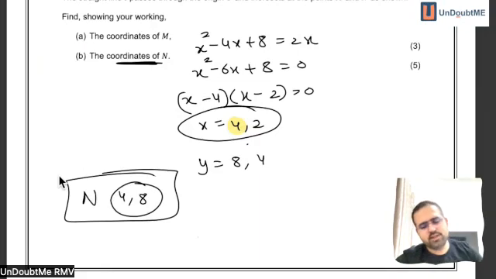So Akbar, this question was actually very easy. It looks scary, but it was not. Wait, how did we get 4 by 8? Did we just